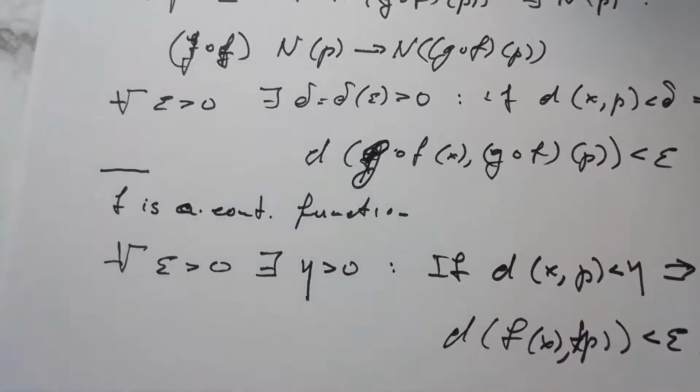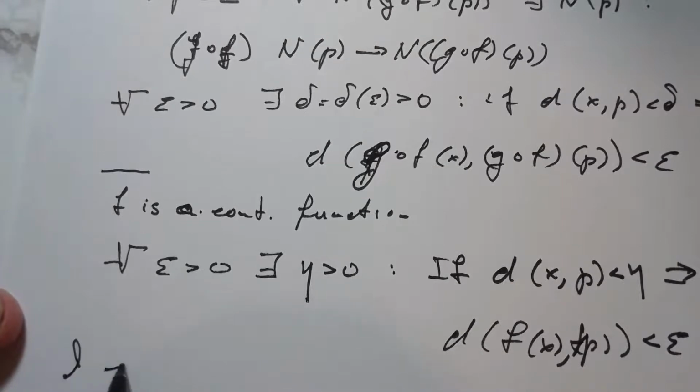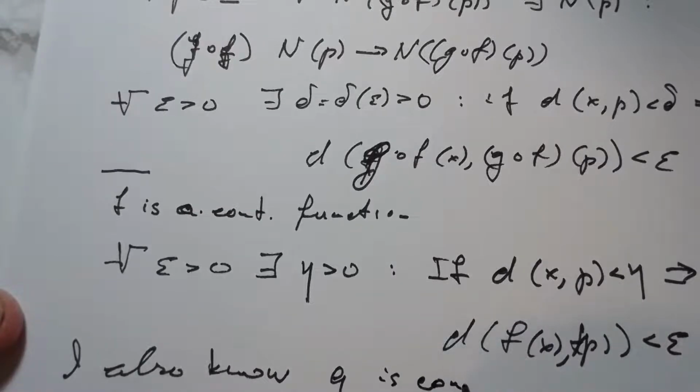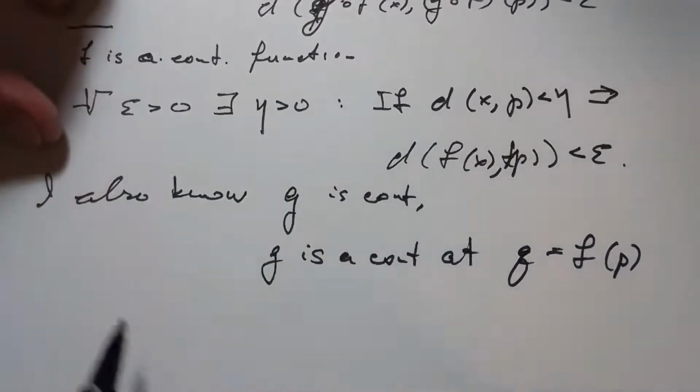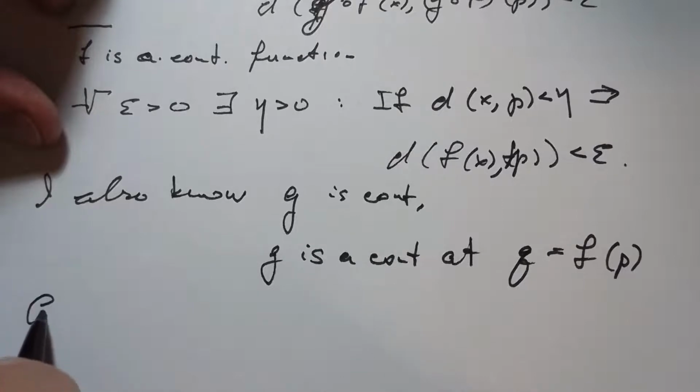What I have done is I have written the definition of a continuous function, but instead of delta, I write eta. What difference does it make? Now, I also know that g is a continuous function, and in particular, it is a continuous function at this point q equals f of p. Do you agree with me? So the conclusion, I will say that for a given eta,